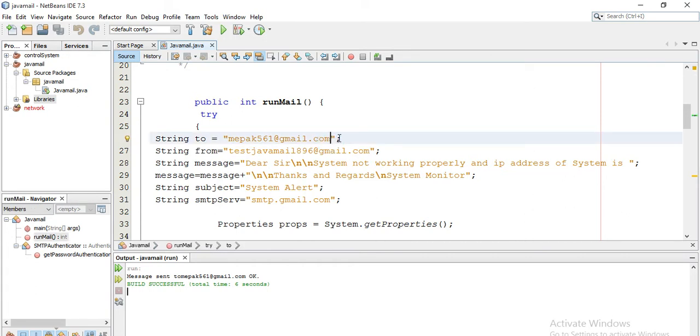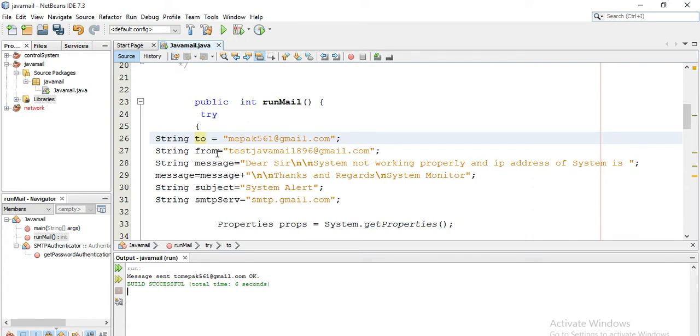You can add another email too by writing a comma, and you can add other emails here, so more than one person will get this mail.